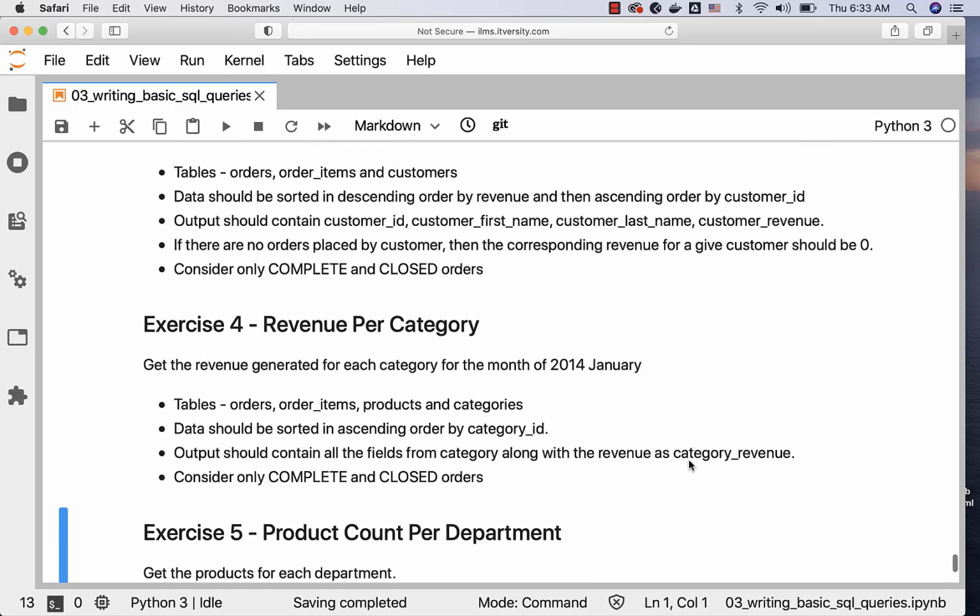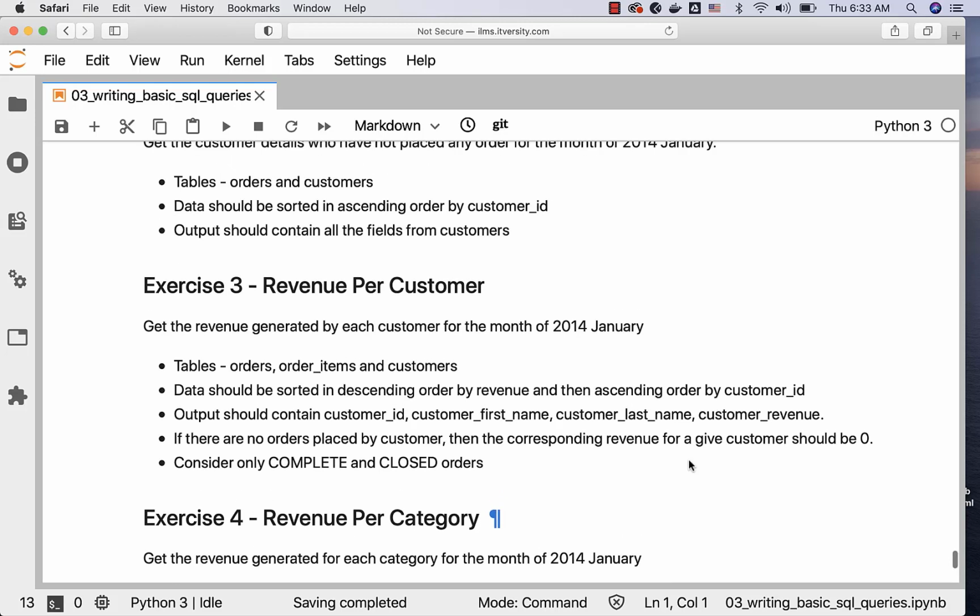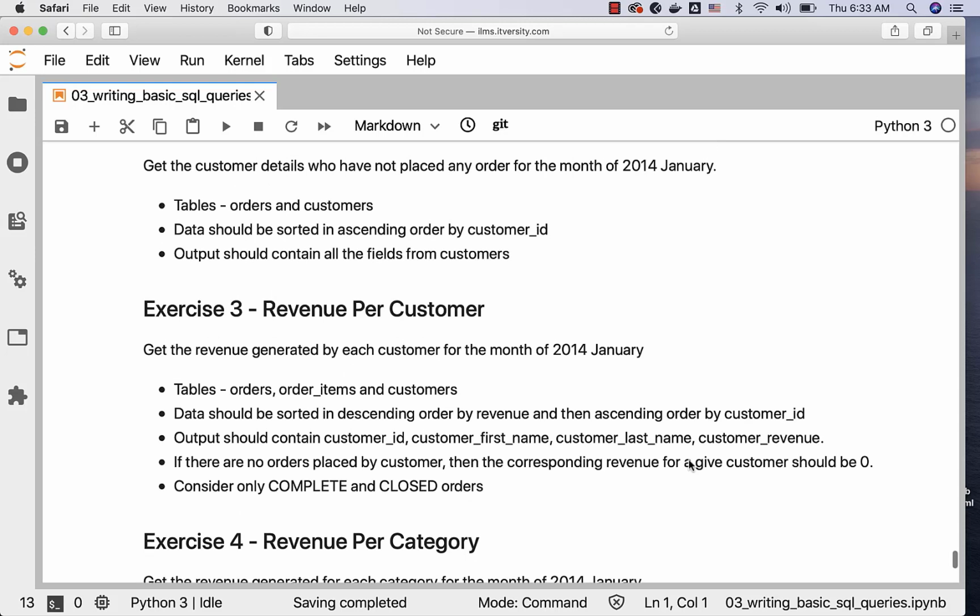So these are the 5 exercises. All of them require most of the features that are acquired as part of this section. In the process of writing basic SQL queries, you just have to put them in practice and come up with the solutions for these exercises. If you are able to solve all the 5 exercises, then you can confidently say that I am good at writing SQL queries using where condition, join, group by, order by, etc.